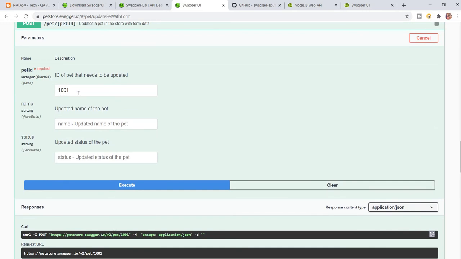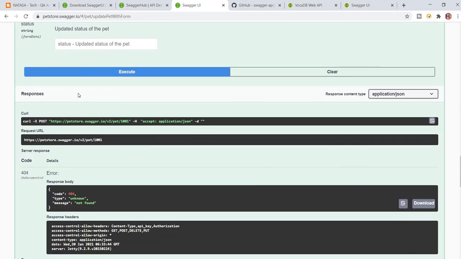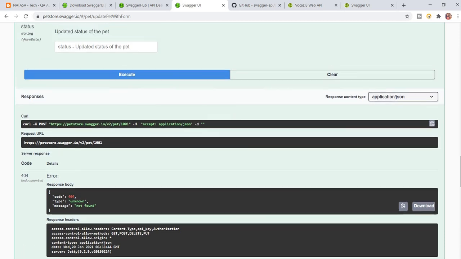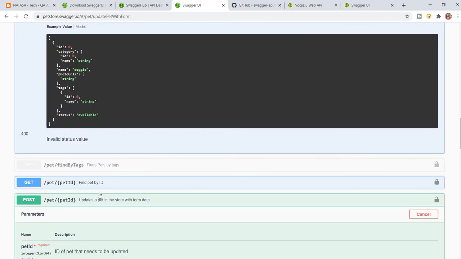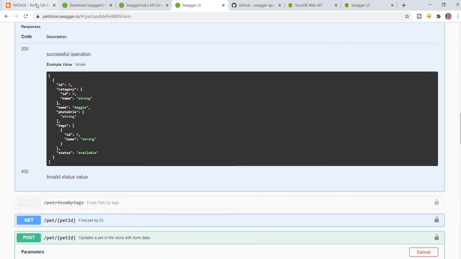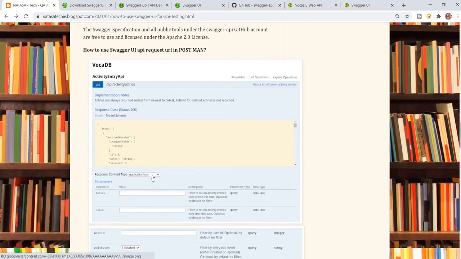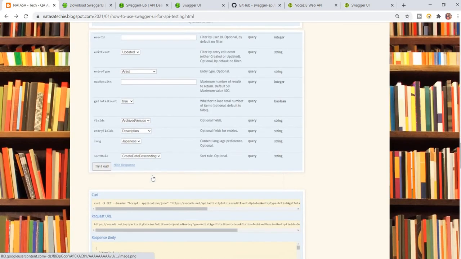There is no pet with ID 1001, so that is why 404 not found. This kind of pet ID is not available in this URL. That is the manner. So this is the way you try to execute different HTTP methods. That time you will understand clearly. And in my next video I will tell you how we can explore inside Postman.